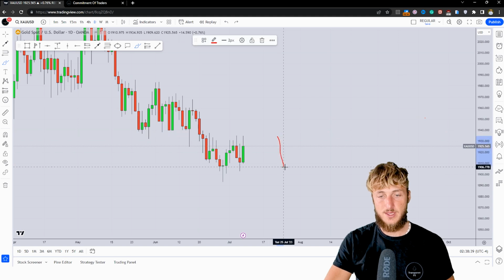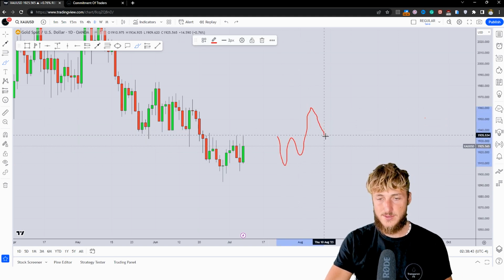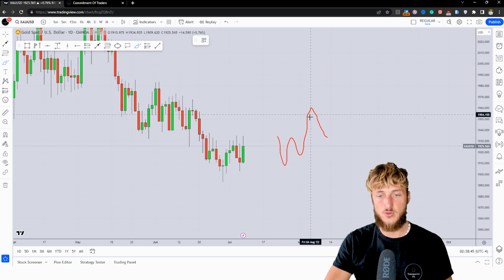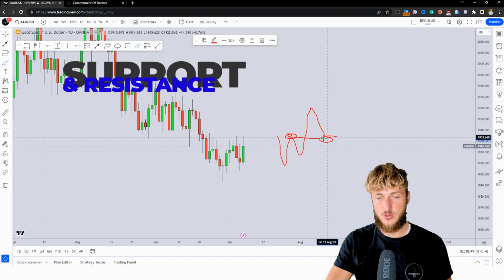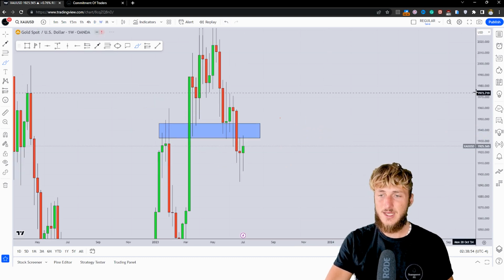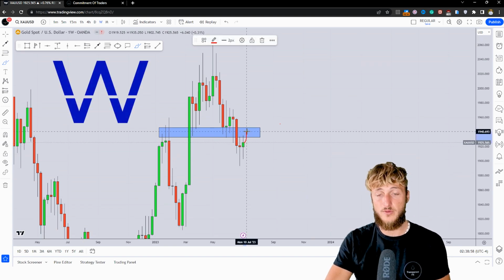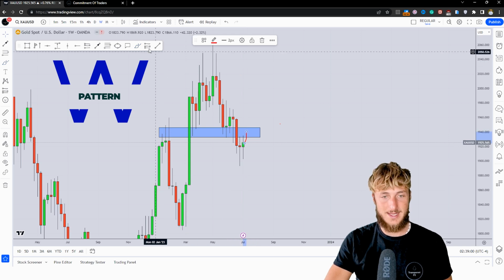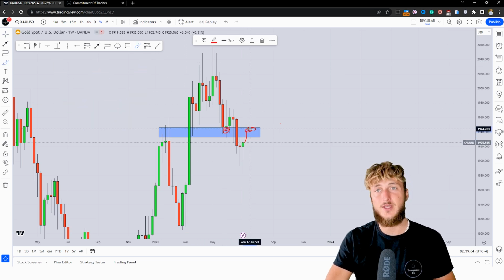Now, generally speaking, after the creation of an overextended W, what we would expect is for the market to create a move to the downside, to go and complete the pattern at the previous resistance turn support. Now, it is very important to keep in mind that here, if the market will go and create a move higher, creating that daily W formation, it would also be testing this previous weekly support turn resistance, further increasing the